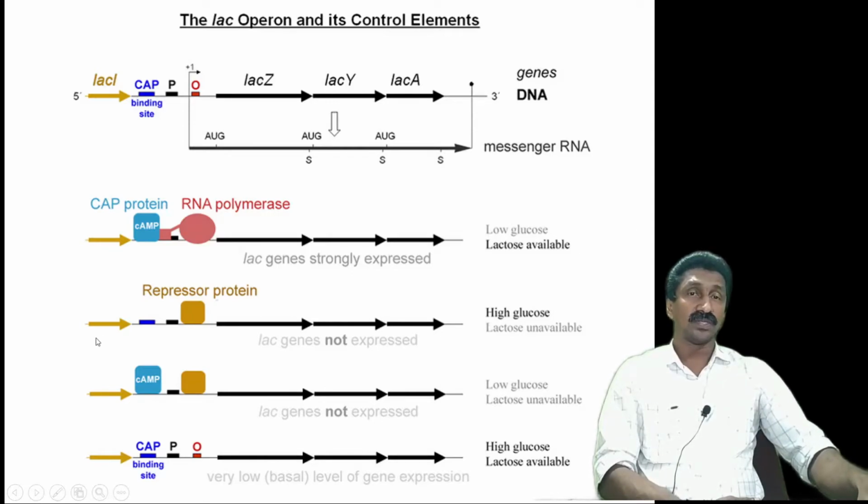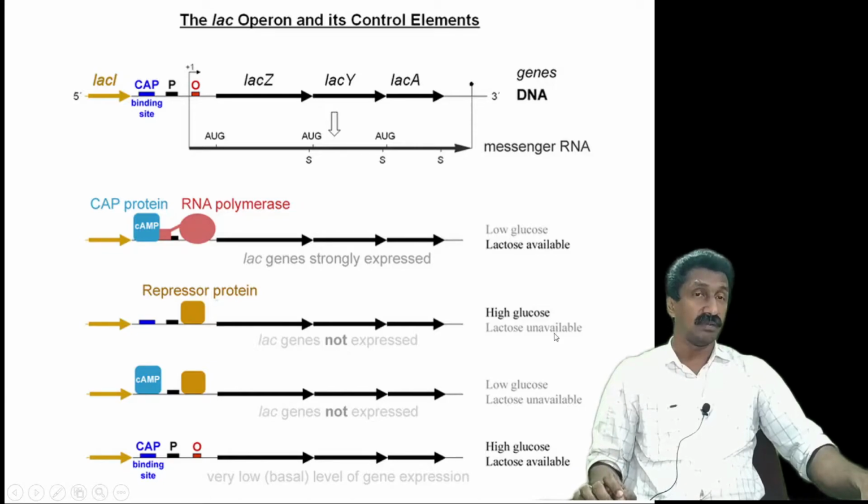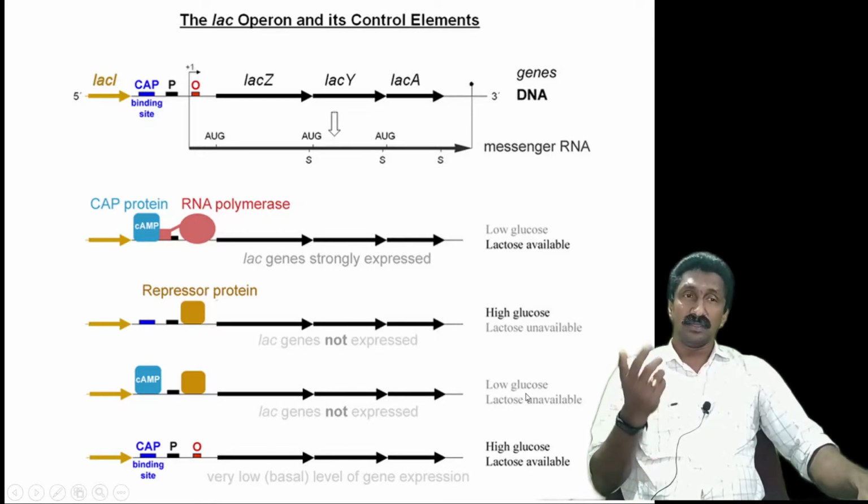So the system will recognize the high amount of glucose by the absence of cyclic AMP-CAP complex. Since it is not there, RNA polymerase cannot bind. And the lactose is unavailable, so allolactose is not there and the repressor protein will stay on the operator region. So the lac genes are not expressed. The third case,